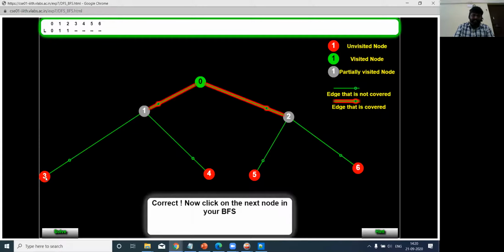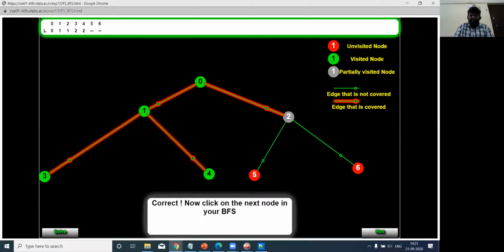I'll start from the left. I'll reach here. I'll visit this node, and then I'll find if there are any other siblings present, and then I'll backtrack to 1, and then I'll visit node 4, and then I'll backtrack, and then I'll come to the right subtree node, which is 2, and for node 2 there are two children.